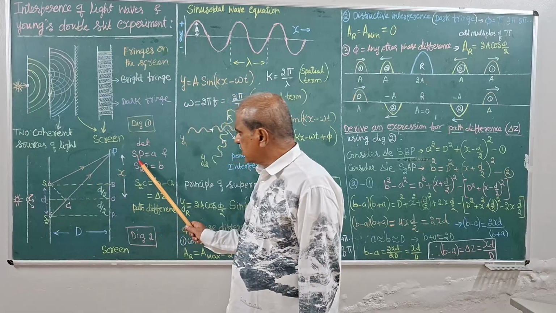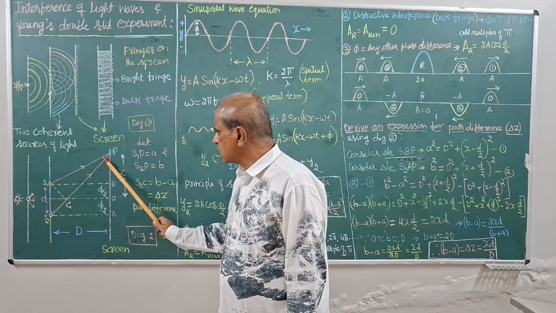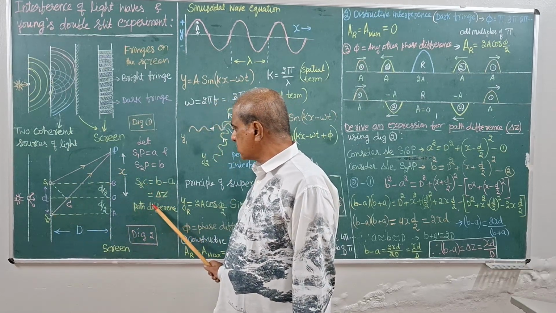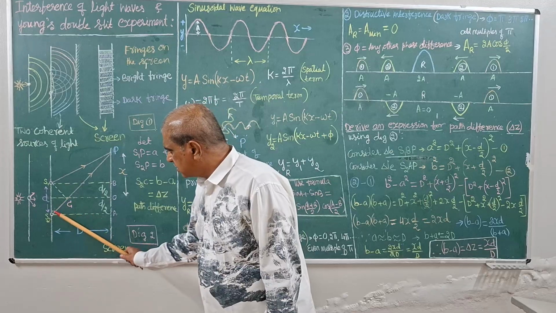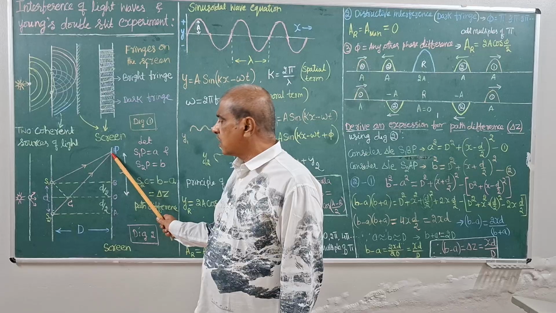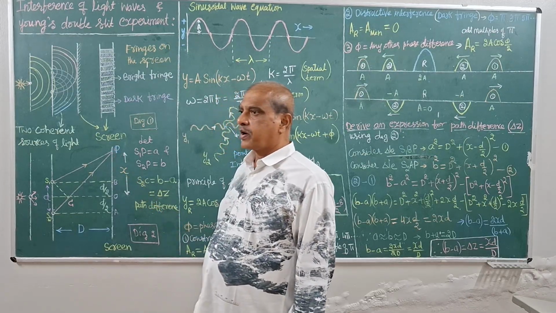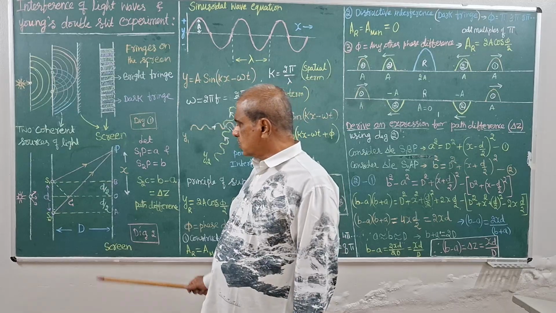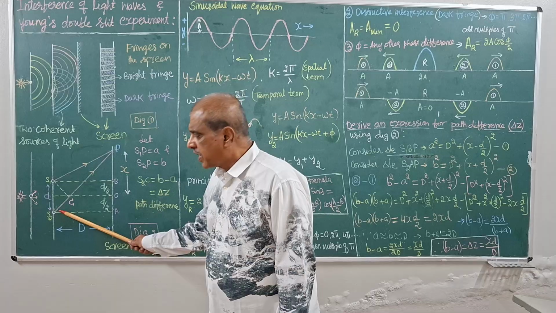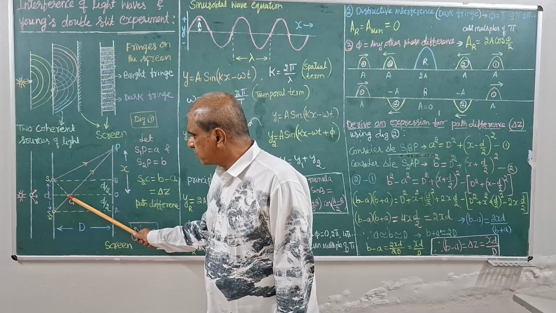So I can write this path difference as b minus a. Let us call this distance a, this distance b, and b minus a, delta z, as the path difference. So this path difference is related to what? At which point we get a bright point, and at which point we get a dark point. That we need to understand. So we have one mathematical equation which can explain this path difference,